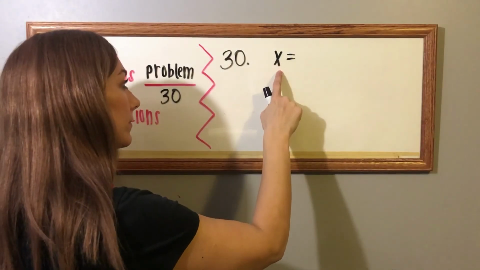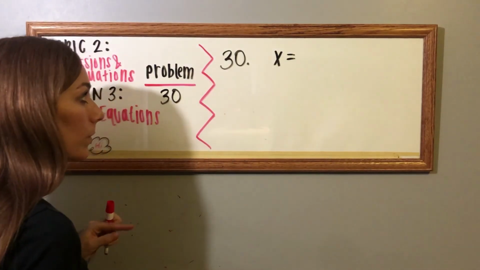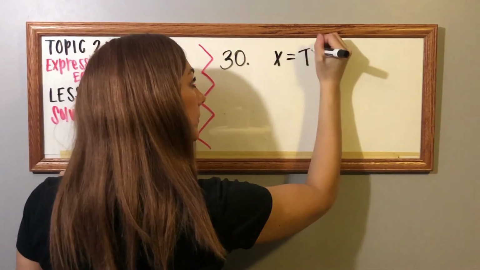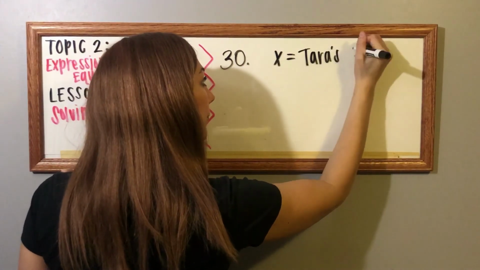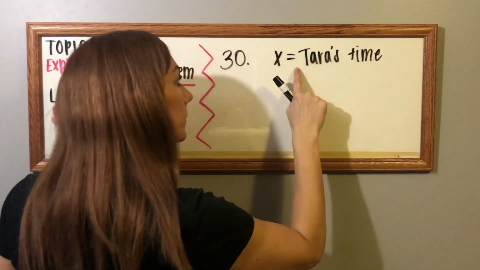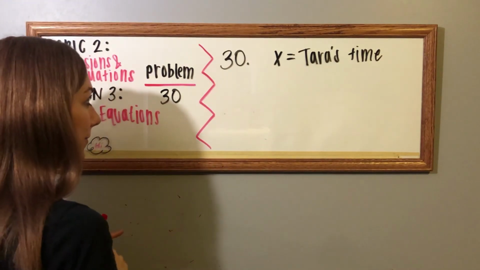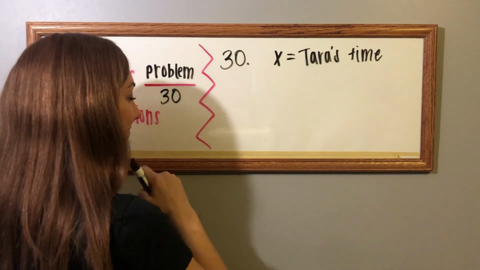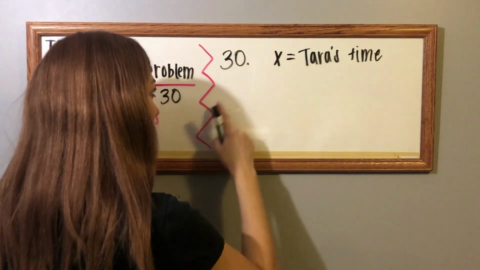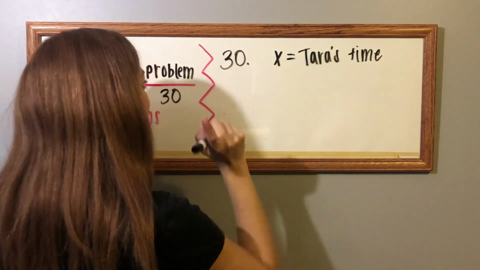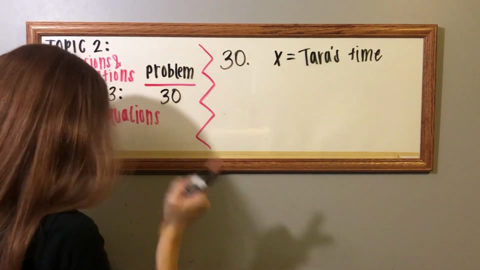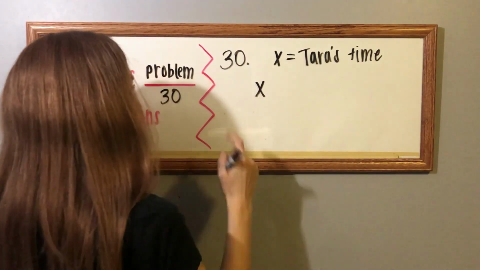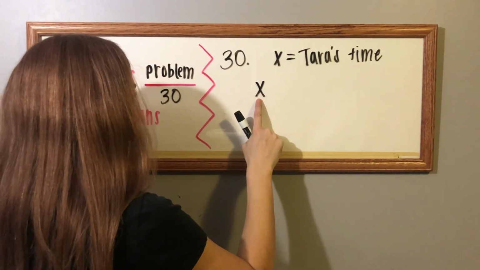So looking up at the board, the first thing I need to come up with is, what is my x value? What am I trying to come up with? What is the thing I don't know? In this case, it's going to be Tara's time. So my x value is going to be how long it took Tara to run the race. I know that Julia is 7 seconds faster than Tara, excuse me. So if somebody was faster than me, they ran it quicker. So I know that Tara's time is going to be x,